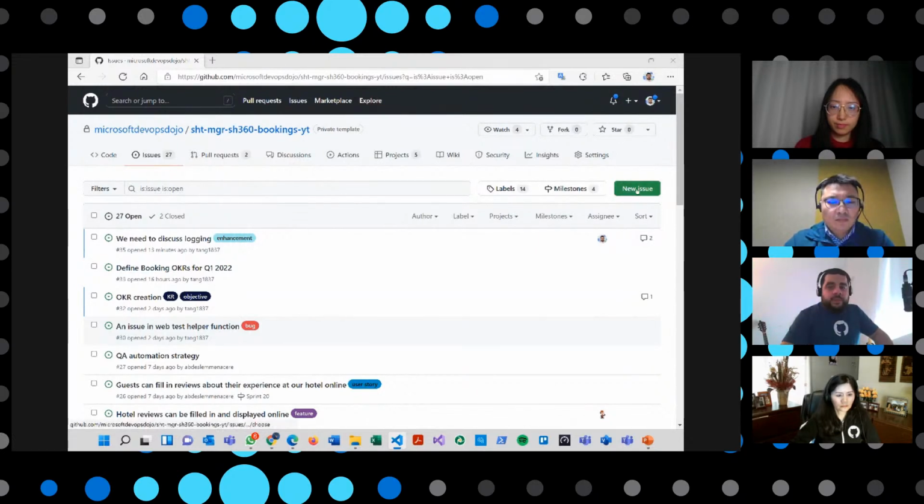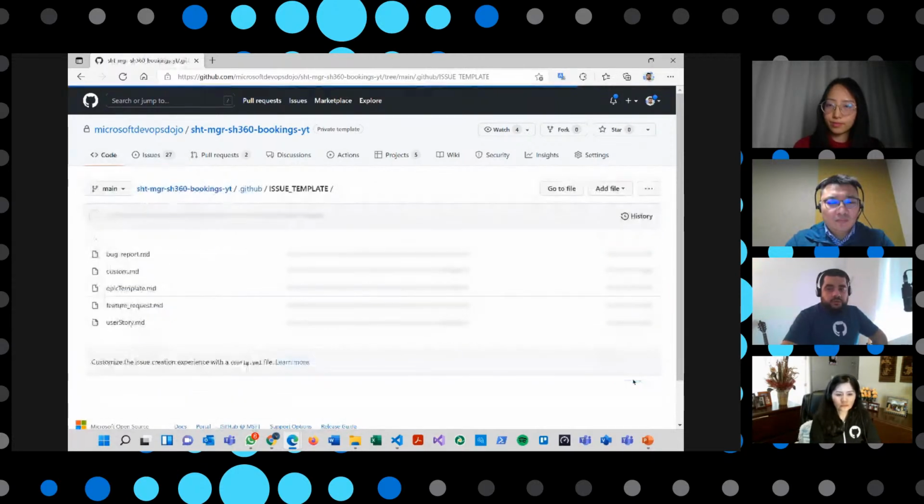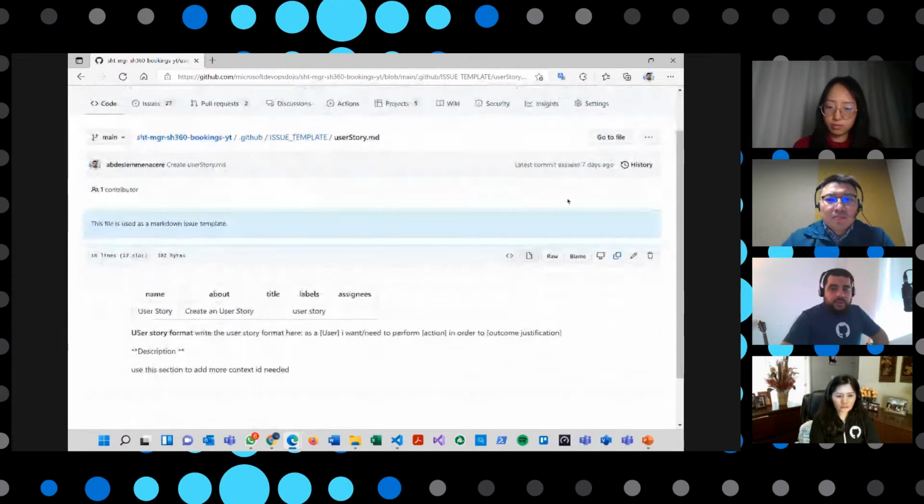When you want to create a new issue, this is where the templates come in really handy. You can see you have epic here, you have feature request, feature, user story, and so on. You can basically edit templates, and the way to do that, you can go here, and as you can see, for those of you who are familiar, these are markdown files. So you can pretty much create a new one, add a file, and it's actually very easy to create new templates. If I take a look at the user story, for example,